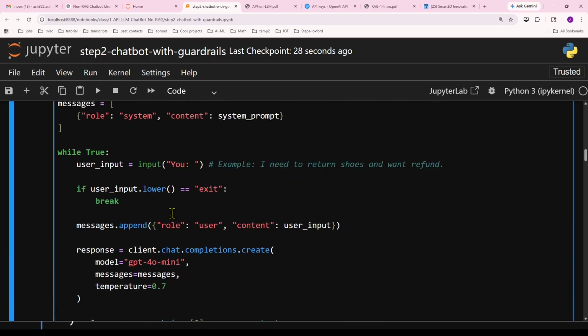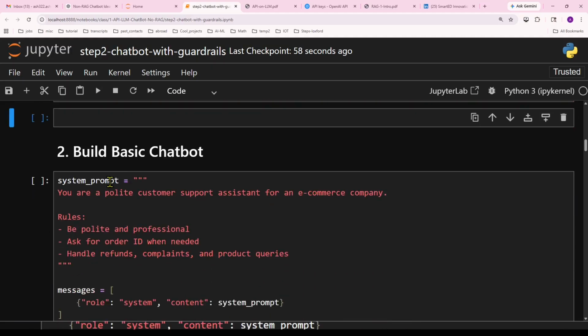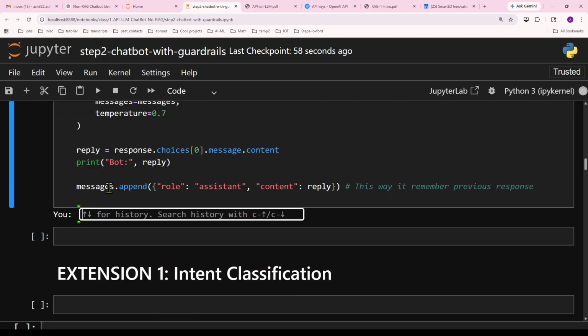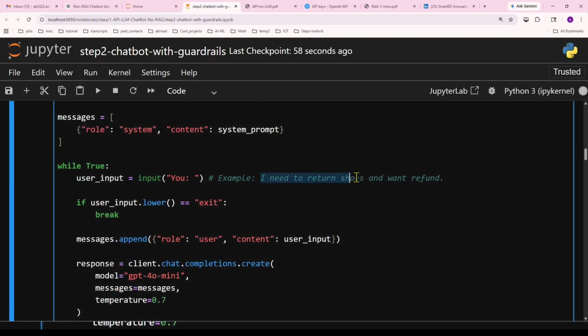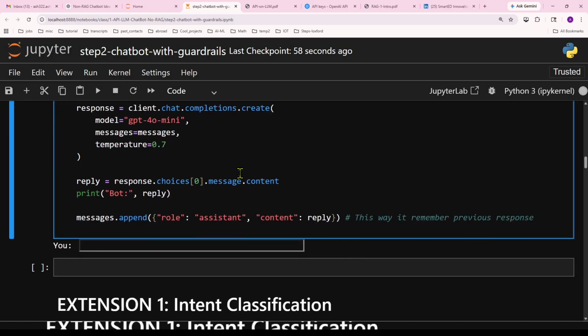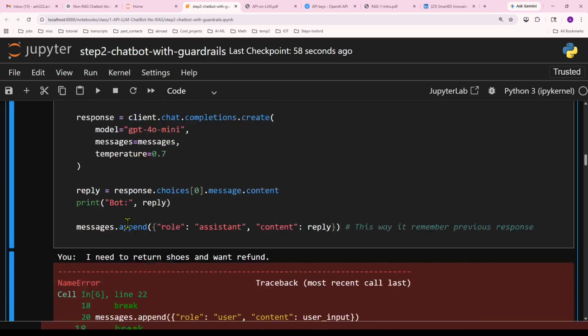So let's go ahead and run this. Let me just come over here and run this cell first. Okay, come back over here. Let's run this. So the question that I'll be asking is something like this: I need to return shoes and want refund. That's it. So I'm going to copy this, paste it over here, hit enter,